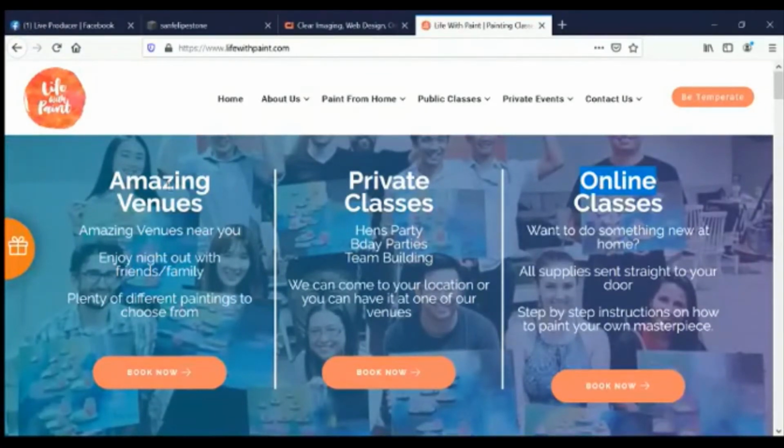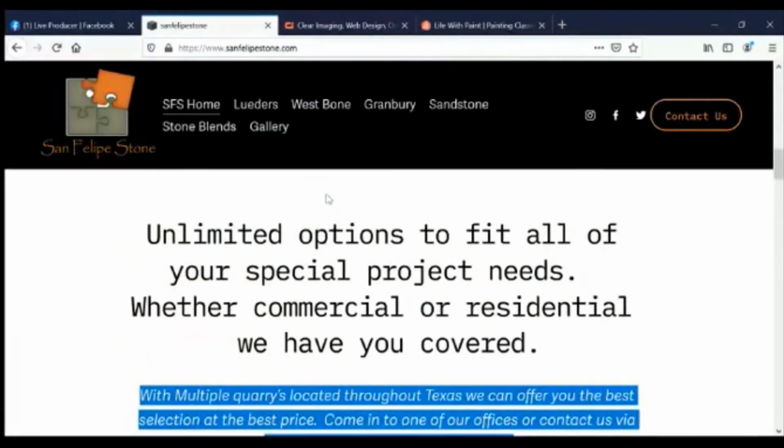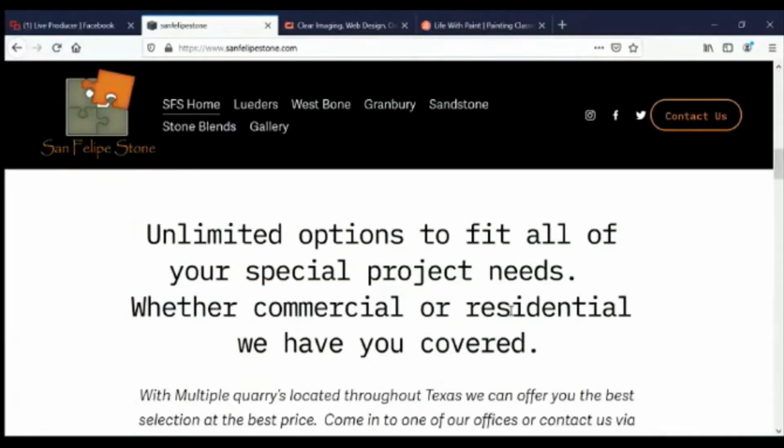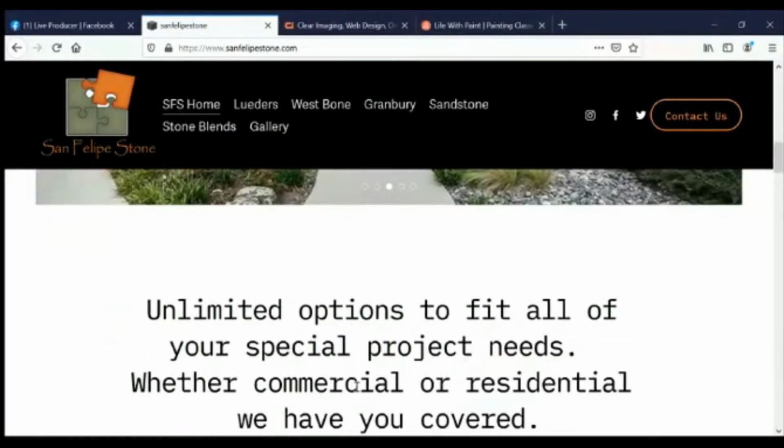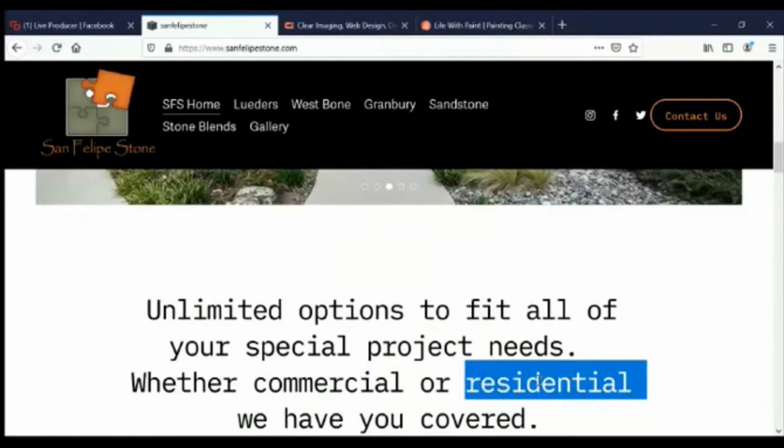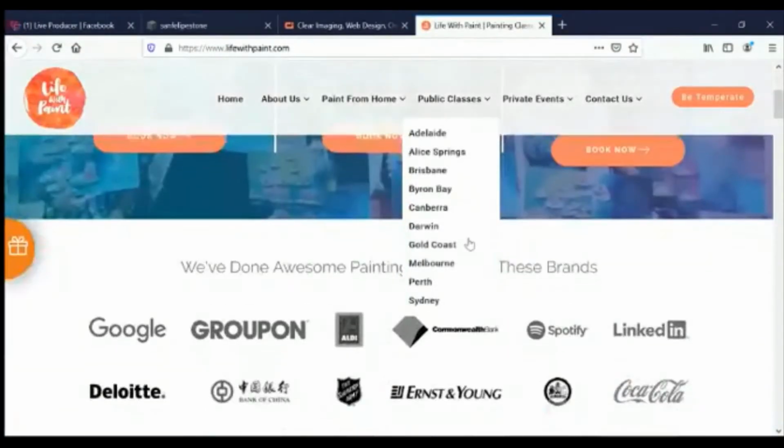Are you people looking for painting? This is a painting company. Painting at venues? Are you looking for private classes? Are you looking for online painting? So these guys should be doing the same with residential and commercial. That way they can send the right people to the right page. Each one of these pages is going to have a different pitch. Other things that they can utilize are